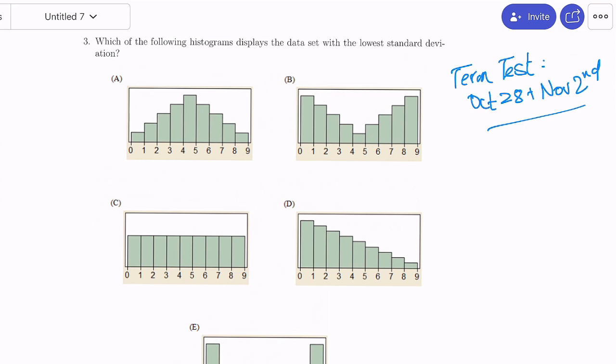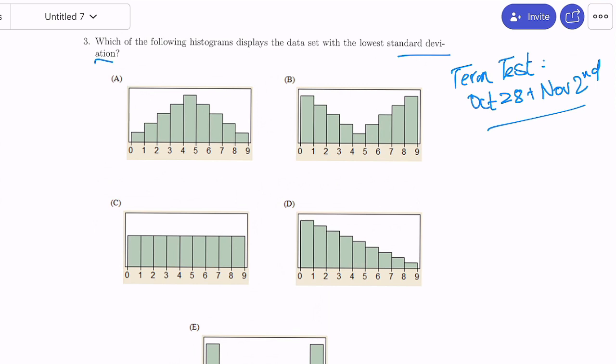So without looking at the answers, what are you guys telling me here? Some of you are saying, okay, C and A. Okay, so very good. So I hope you didn't look at the answers. But the answer is A. So what does the standard deviation measure? It's the square root of the average squared deviations from the mean, right?